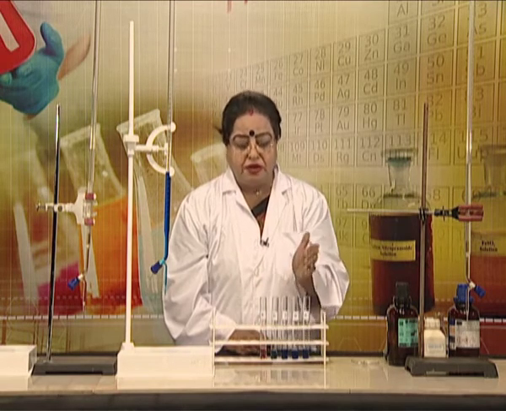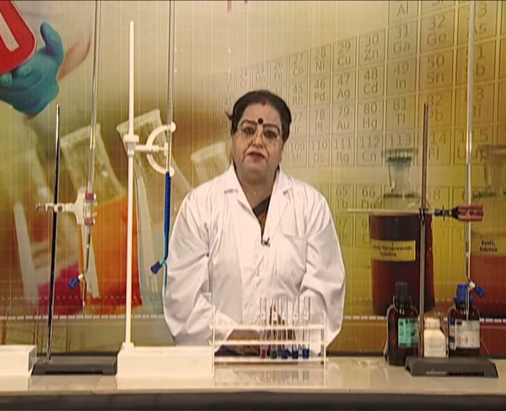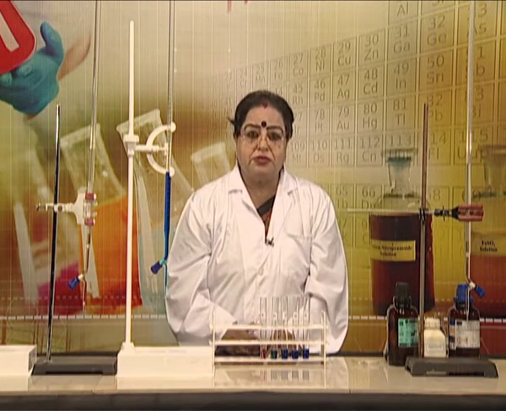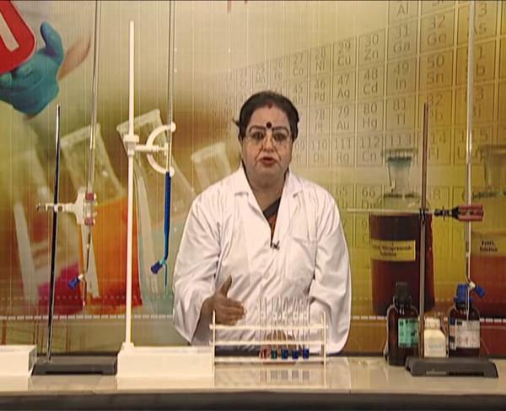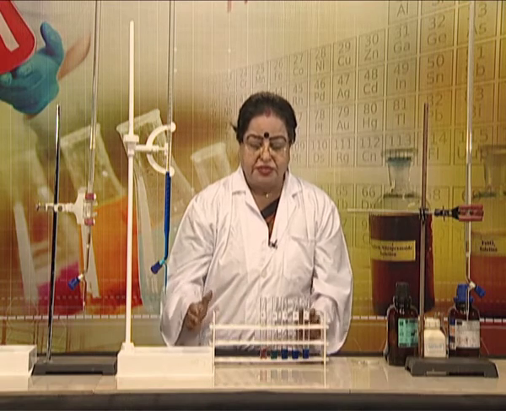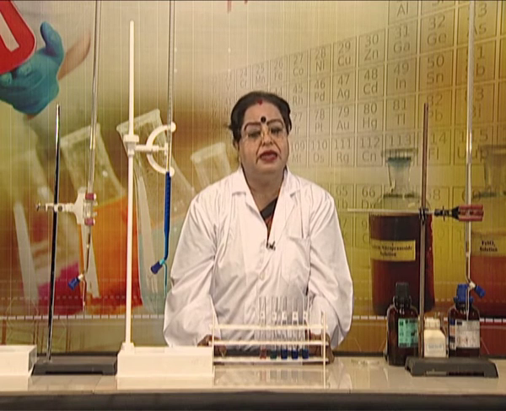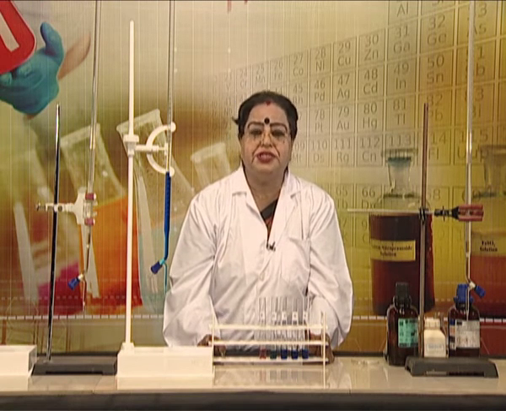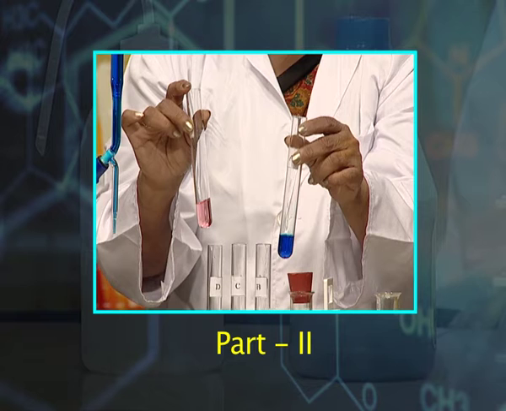So this was one part where we showed you that addition of water can change the direction of the reaction and shift the equilibrium. But can we do the reverse also? We can also take the other side of the reaction, where we will be using different reactants and a different set of test tubes. Again we will perform a similar experiment, which is the second part, and show you what happens. Again we will test the Le Chatelier principle and the shift in equilibrium by changing the other reactant in this reaction. Now let us see the second part of this experiment.